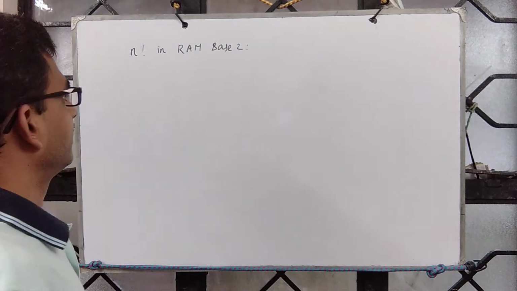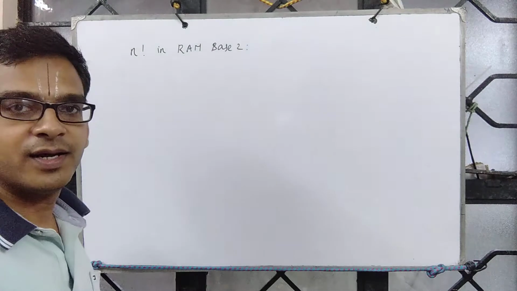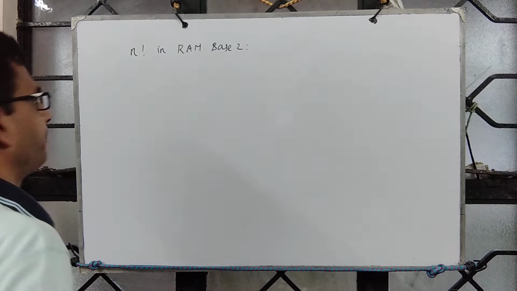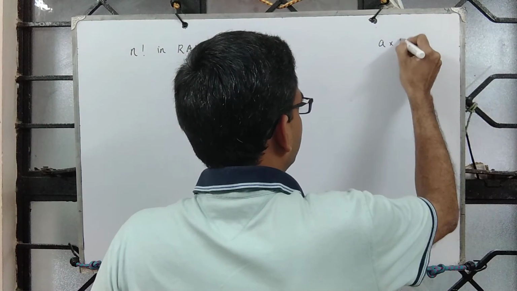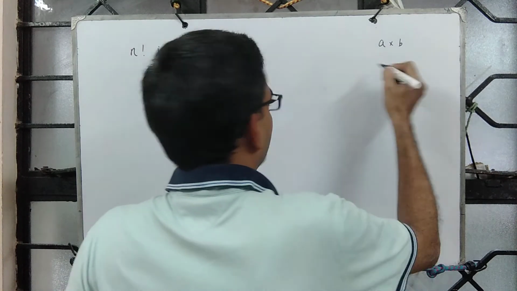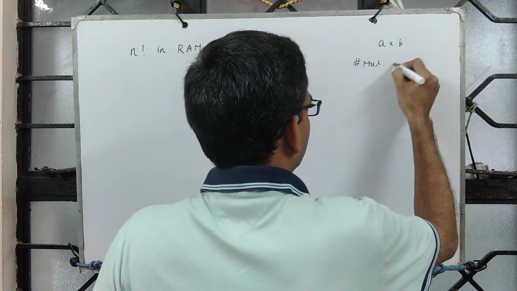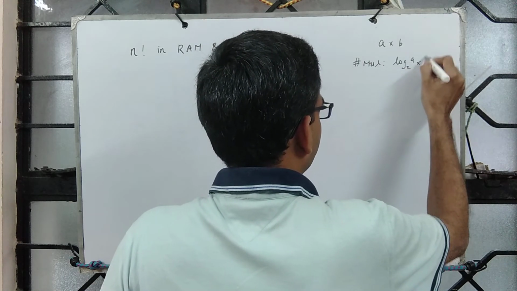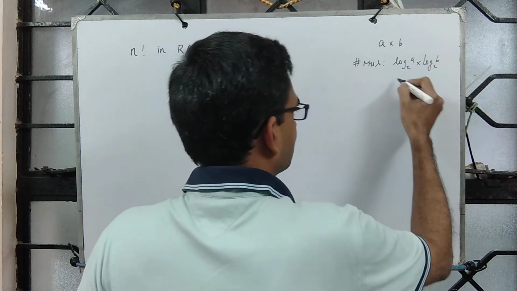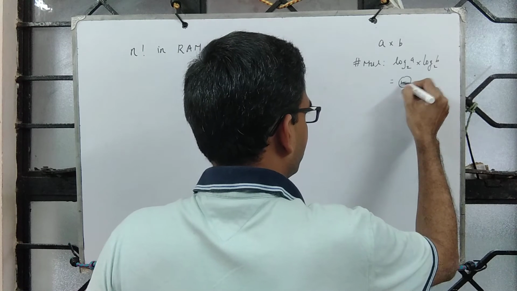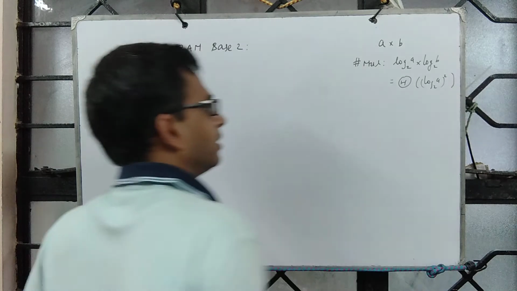We shall next see what would be the complexity of computing n factorial in RAM base 2 model. We know that to multiply two numbers in RAM base 2 model, the number of multiplications is log A base 2 times log B base 2, and if you assume A is max, then subsequently we wrote it as theta of log A square, which is quadratic